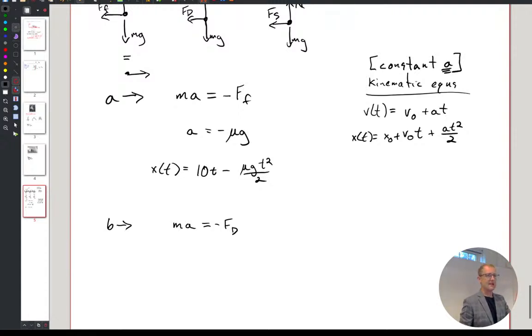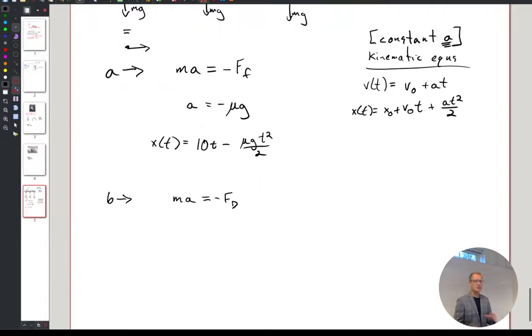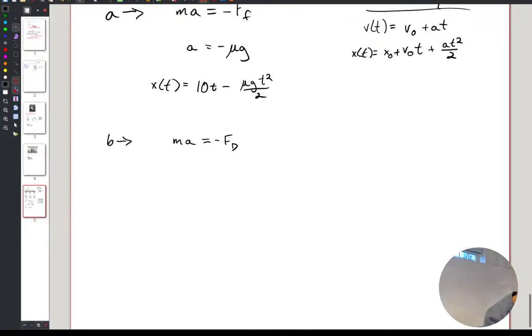Whatever that force of the damper is, we identified that that's what's causing motion. MA is negative fd. For linear dampers, which we can assume here, you can make nonlinear dampers, and there's all sorts of cool engineering that goes into changing how the damper works depending on the speed. My mountain bike has a cool nonlinear damper in it, so that high speed has a little less damping and lower speed has a little more damping. But anyway, so MA